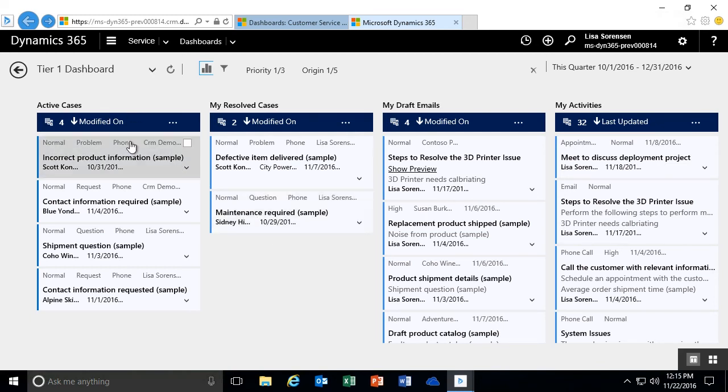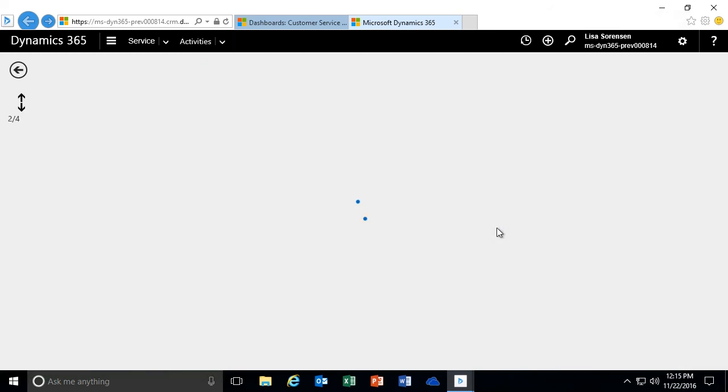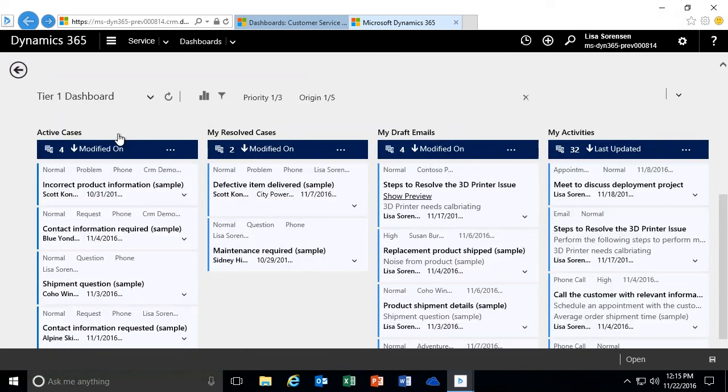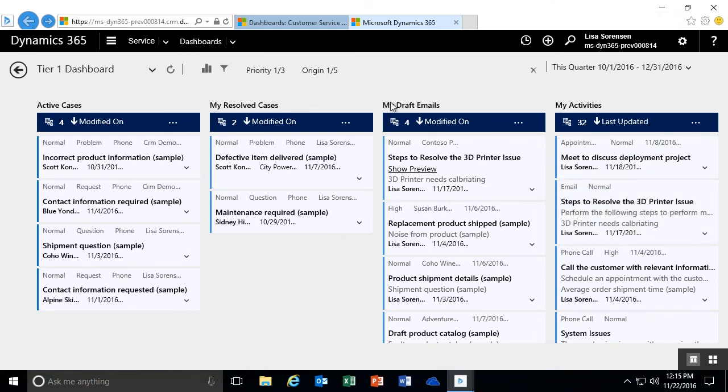You'll also see that when I'm looking at the various cases, or any record types that I have in here, when I click on the actual record type itself, it will open up that record for me. In this case, we're looking at an email. If I want to review what we're doing with that email, which is now a draft email that I haven't sent yet, I have the ability to do that within the Interactive Service Hub. Again, we're going to take a look in more detail at managing the individual records, such as our cases, our activities, and even our knowledge-based articles, in a demo coming up. For right now, just to show you,